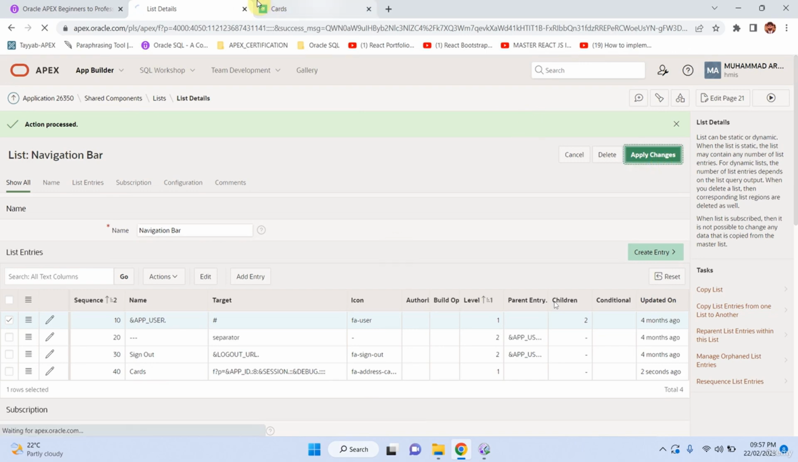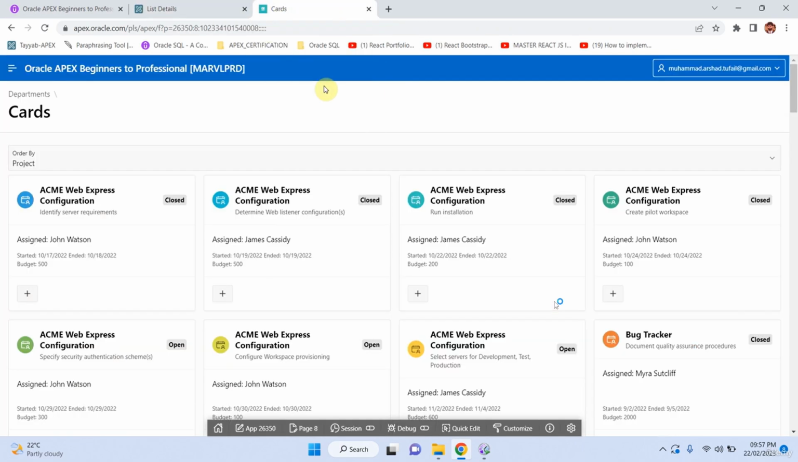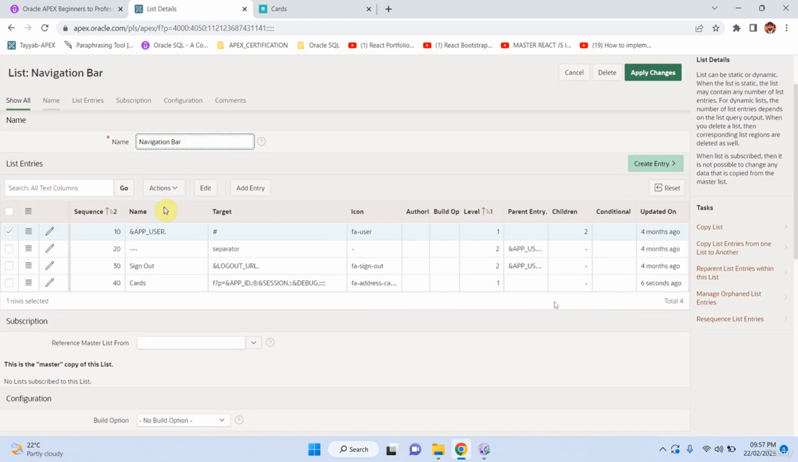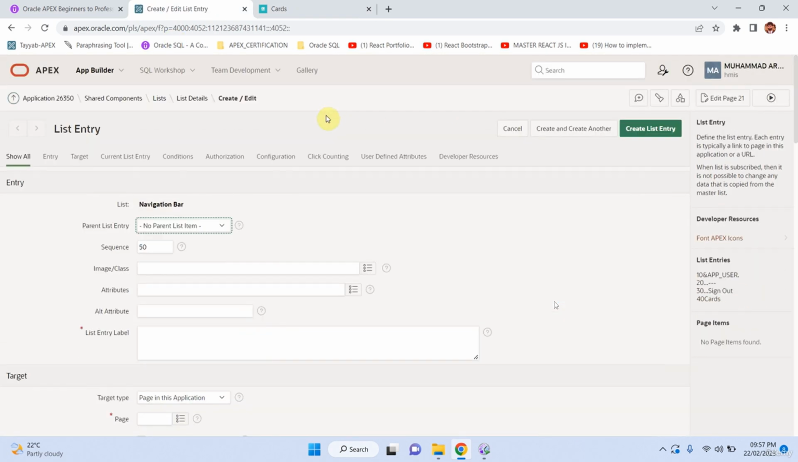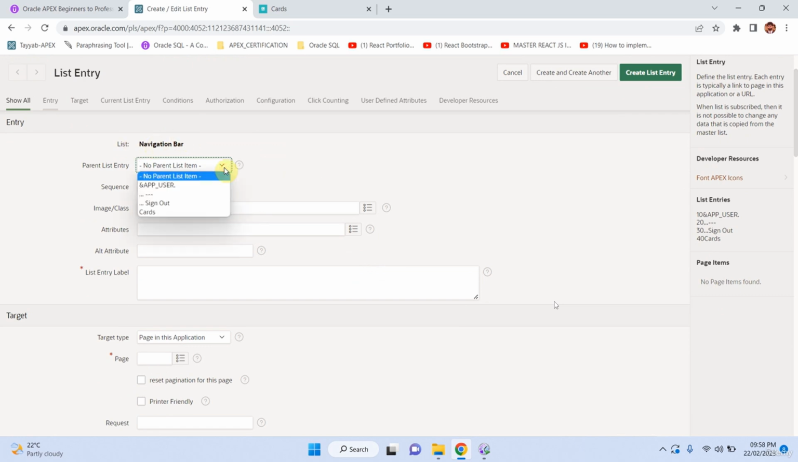Apply changes and refresh your page. Here you can see we have a navigation bar list entry. When we click on cards, we are redirected to the cards page. Now I want to create another entry, a child of the cards list entry. This time click on create entry and select the parent. So the parent is cards, and under cards we are going to use an icon for this entry, file text,